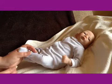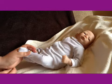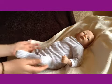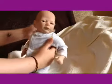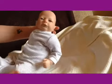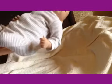But it doesn't matter. With Arwen, I don't mind. I'll put her in clothes that are too big for her if I have to. I absolutely adore that little baby. So I was thinking about it, and what I think it is, is that with this little cutie pie here, and with his brother Max, they are, well, look,